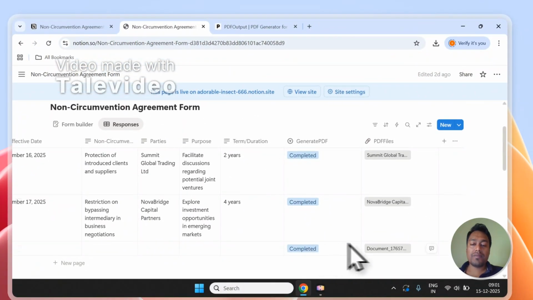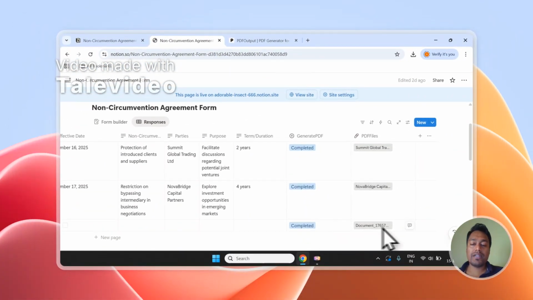And as you can see, it has even completed the processing of the document and created the document right inside the database, as we had started with the demo at the beginning of the demonstration. So that is it for the demonstration. I hope you start automating the right